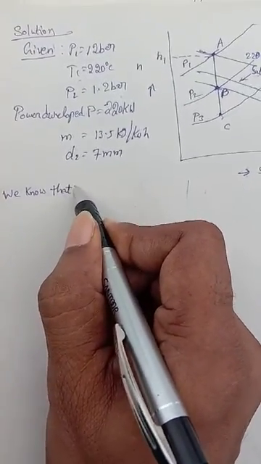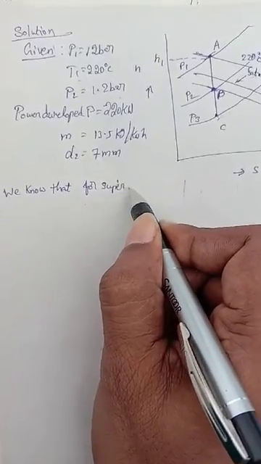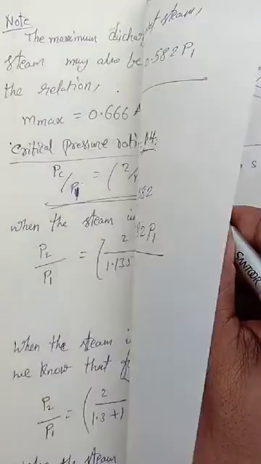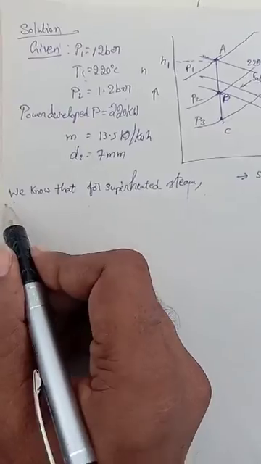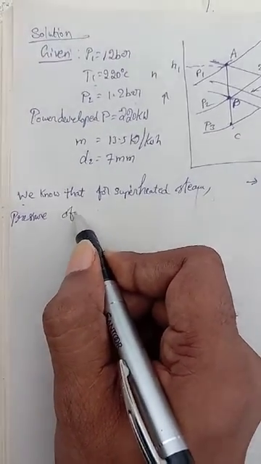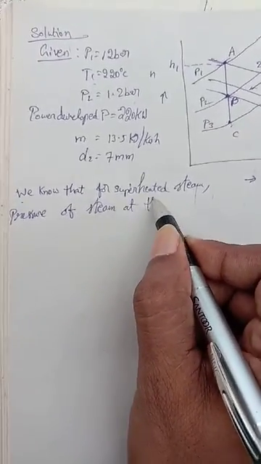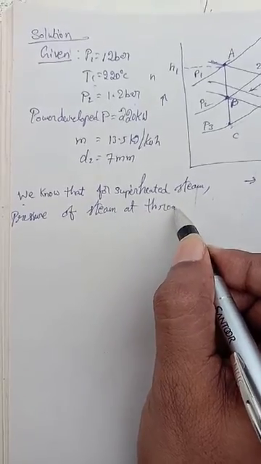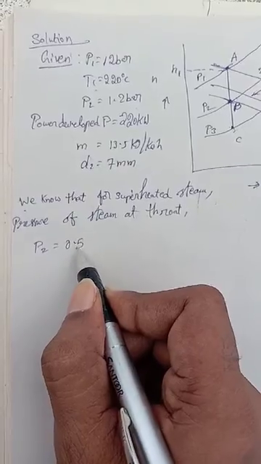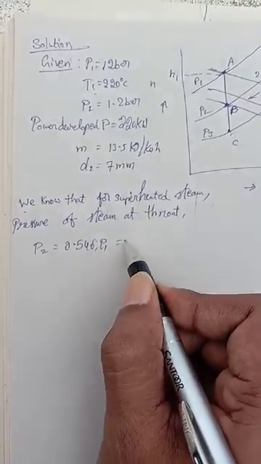I know that for superheated steam, the pressure of steam at the throat, P2, is equal to 0.546 P1, which is equal to